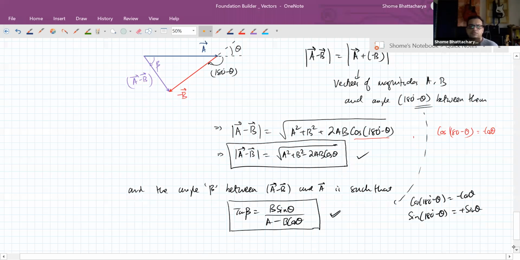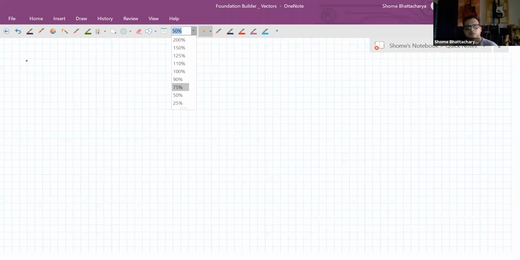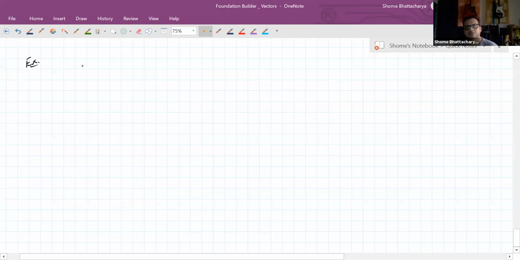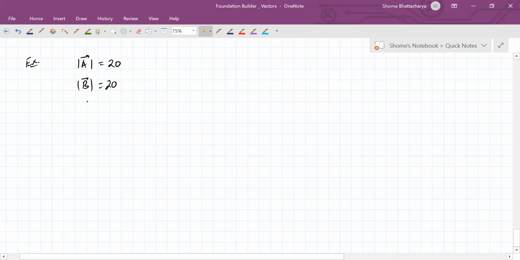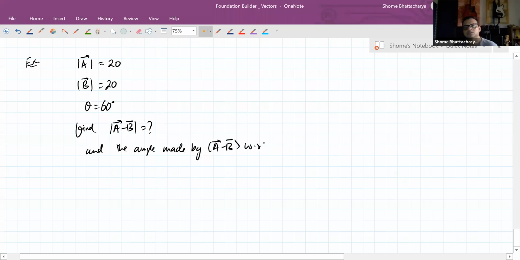Okay. So next up, let's understand with a practice question. For example, I have the situation: magnitude of A is 20, magnitude of B is also 20, and the angle theta between them is 60 degrees. So we want to find the magnitude of A minus B, and the angle made by the vector A minus B with respect to the vector A. That angle is, let's say,